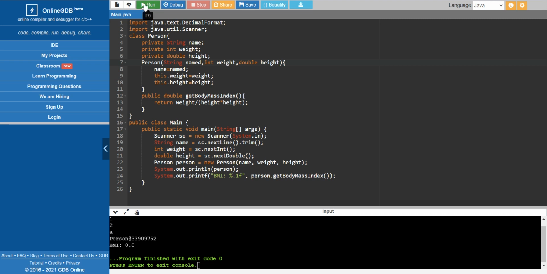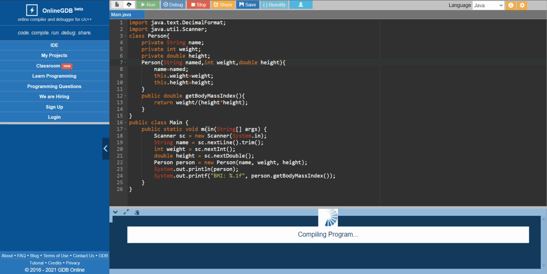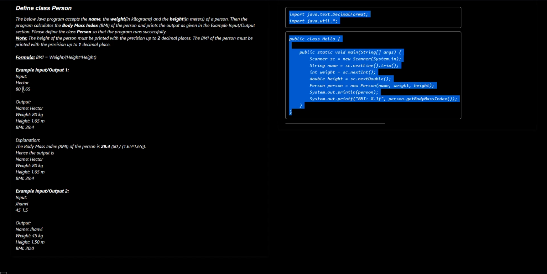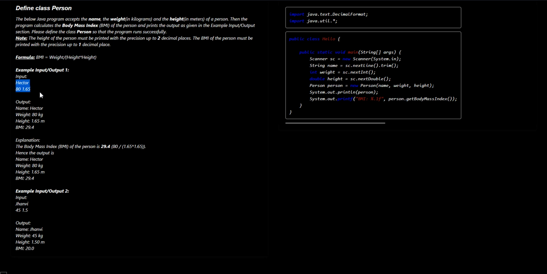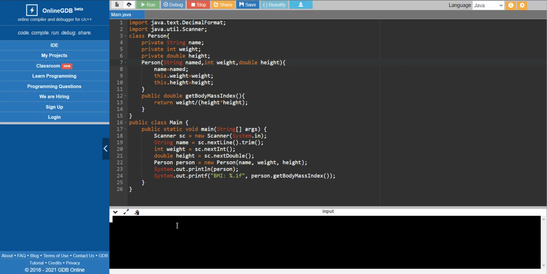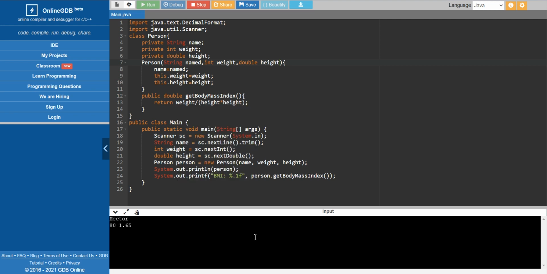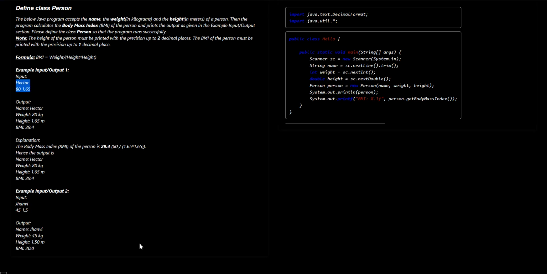So if I run this program, it will ask me for the name. I'm going to stick with the user input. I'm just pasting it here. So it just returned the BMI of 29.4, which is what we really need.